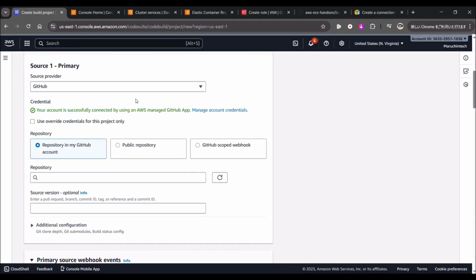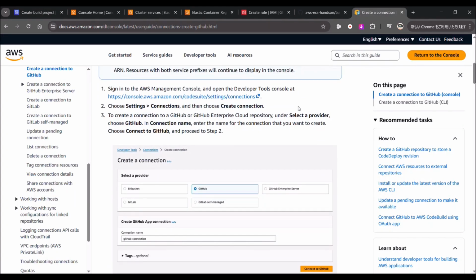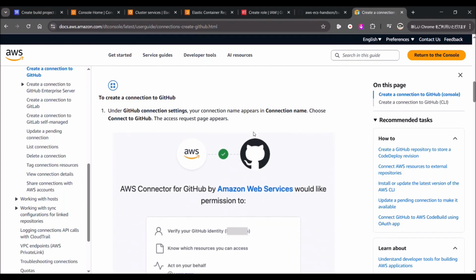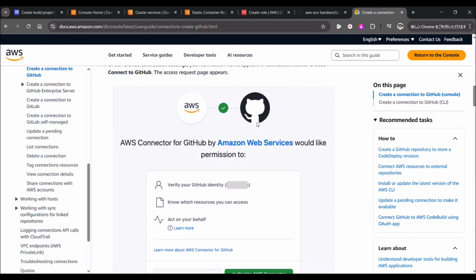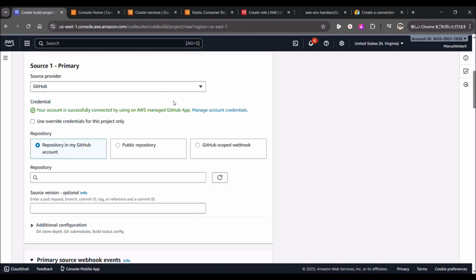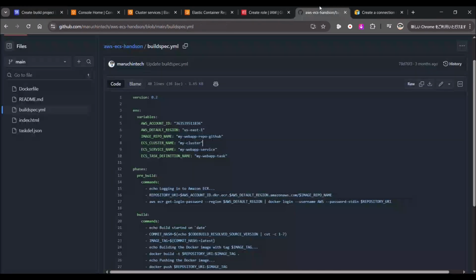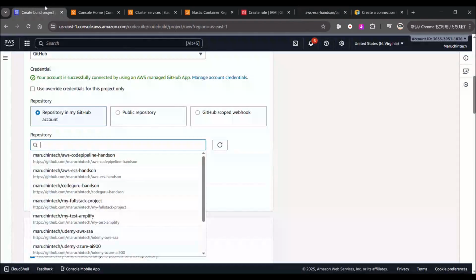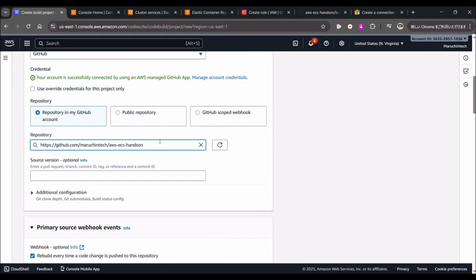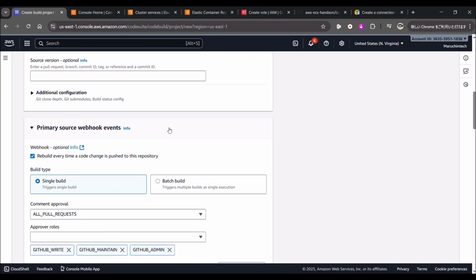And you will need to connect the AWS account to GitHub. In the AWS document, they show you how to create the connection between the AWS account and GitHub. And going back to the console, I'm going to choose this time the AWS ECS hands-on as the GitHub name, so I'm going to choose this one. And scrolling down to the